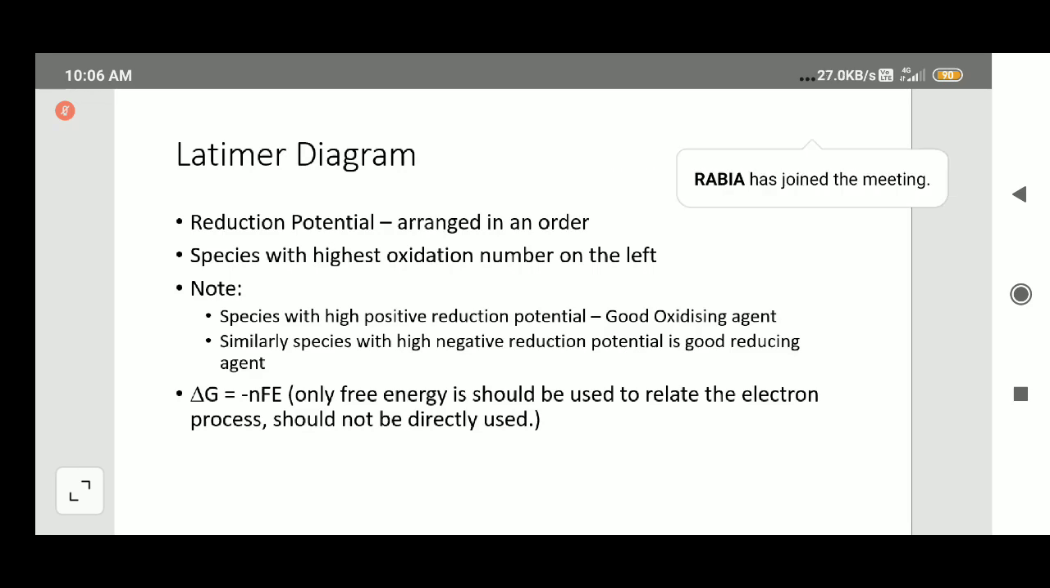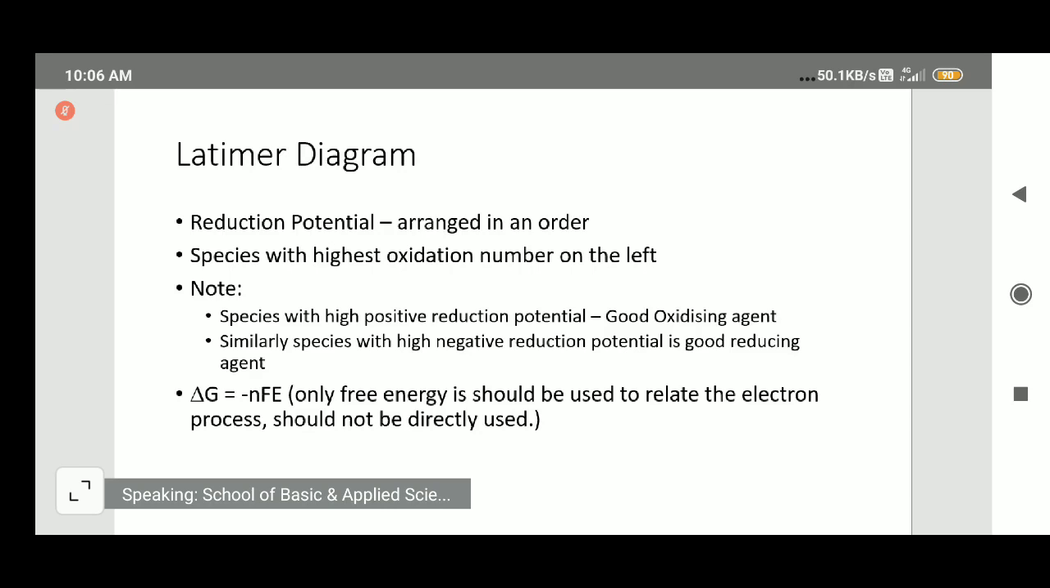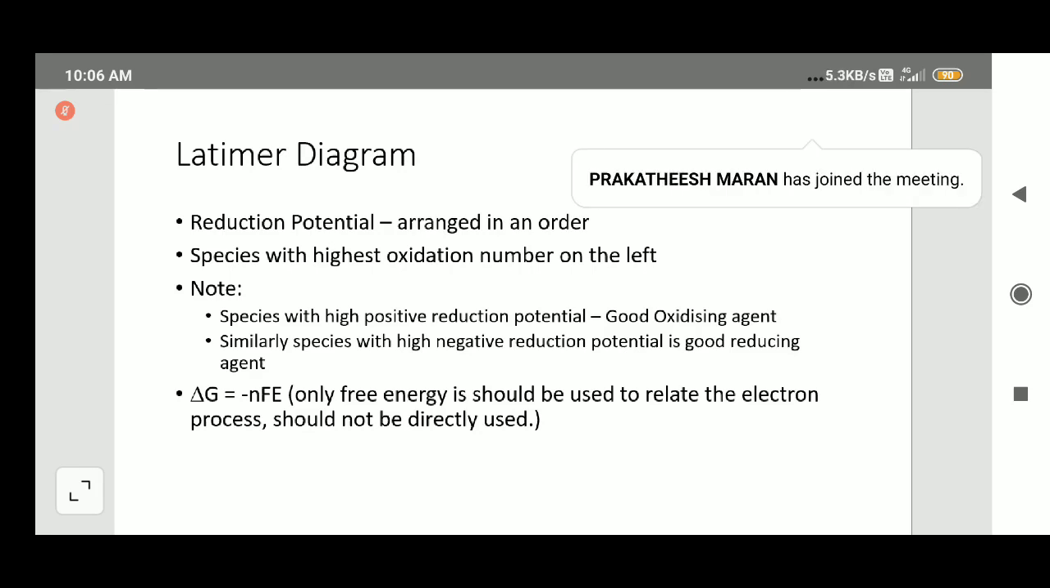Hydrogen as a reference point, and we classify them as oxidizing agent and reducing agent. Okay. So this is because it is based on hydrogen as a reference point, and surprisingly, reduction potential values will take the one which is having low reduction potential can